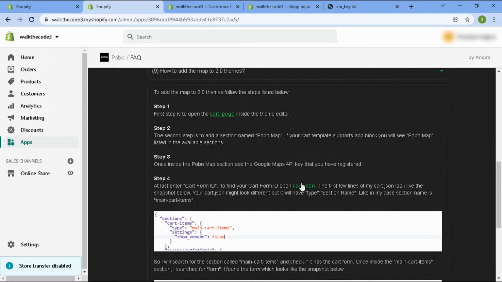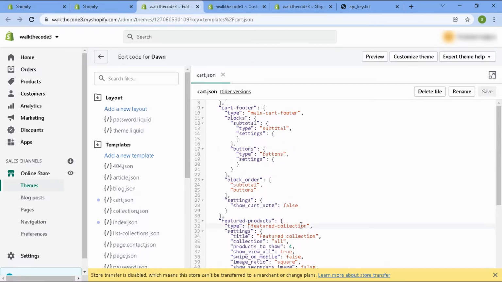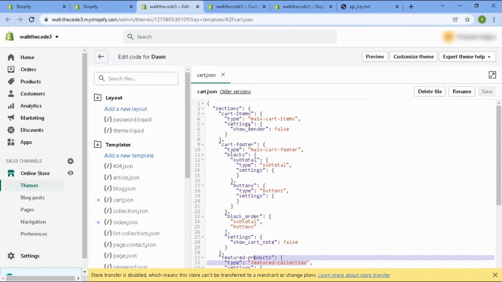have to click on this link, open cart.json, and here you would see this format, which is type, colon, name of your section. And again there is similar format here, type, colon, name of the section. So we will start with the first name after type.